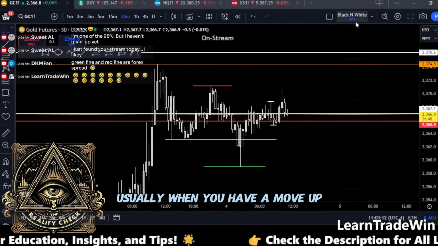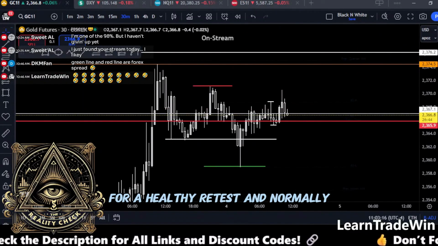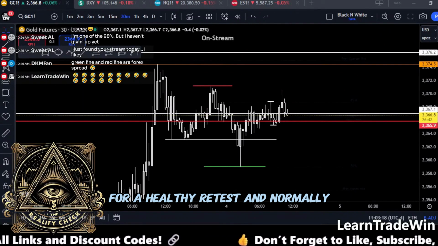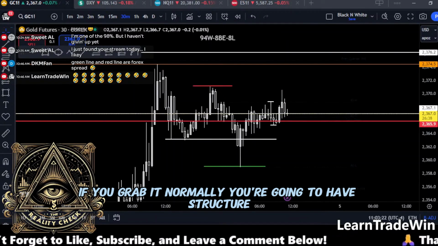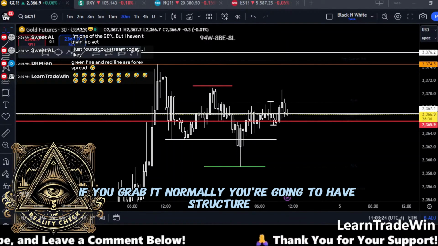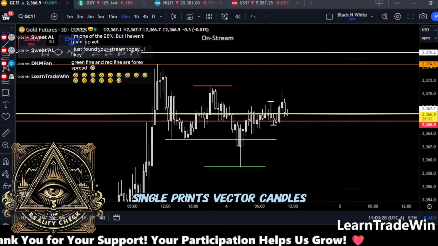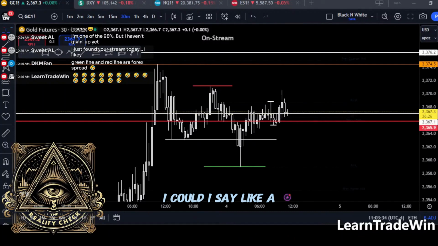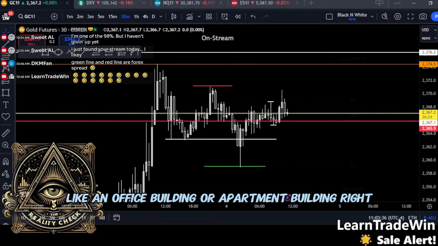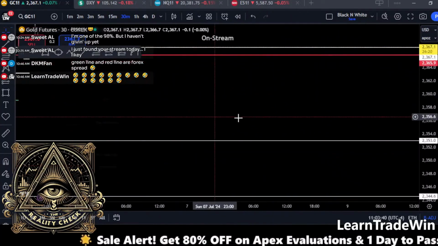Usually when you have a move up, you can consider a half move back down for a healthy retest. And normally that's going to be right where structure is if you grab it. The reason that the 0.5 of fair value gap, single prints, vector candles, whatever you want to say, works is because it needs enough volume to push through a level or range. I say like an office building or apartment building, right? If you look at the market that way,